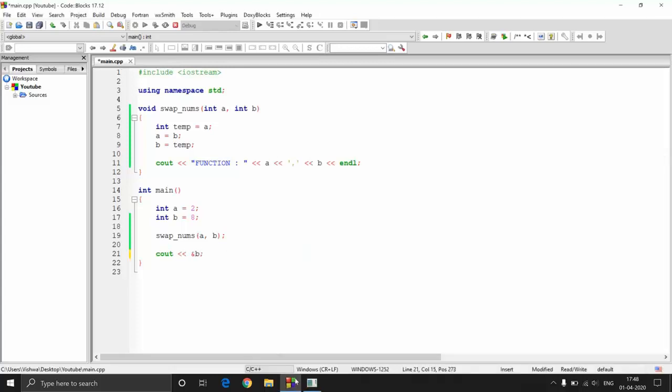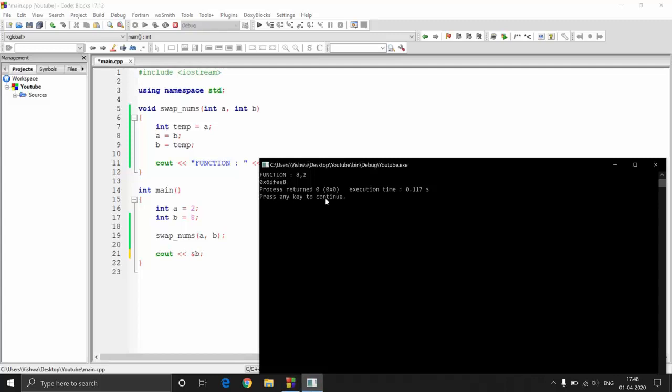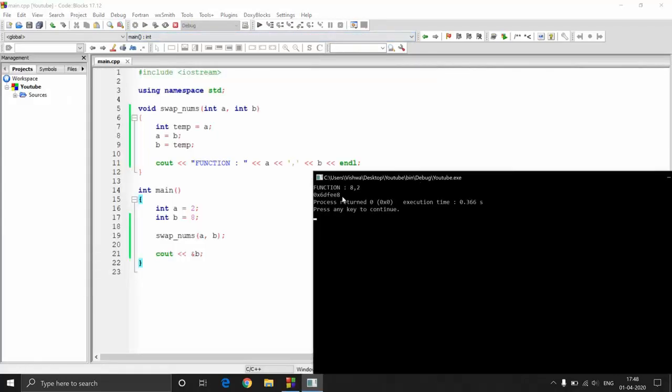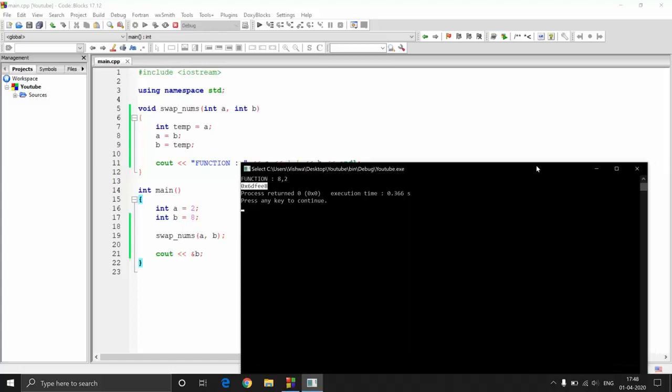Now b will have another address. So if I now put b over here, let me just close this, and then if I now execute it, here you will be seeing 0x6d, whatever it is, another address, right? Both are at different locations.